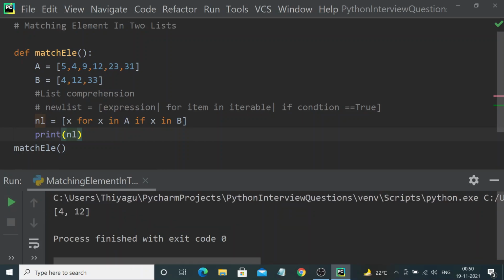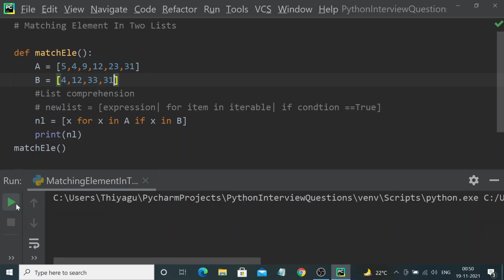Now it created a new list for me with the matching elements. Now let me alter my list to identify if it is working perfectly or not. I've added 31, which is actually matching both lists. So 4, 12, 31. Okay, so this is another best way of finding matching elements in two lists.